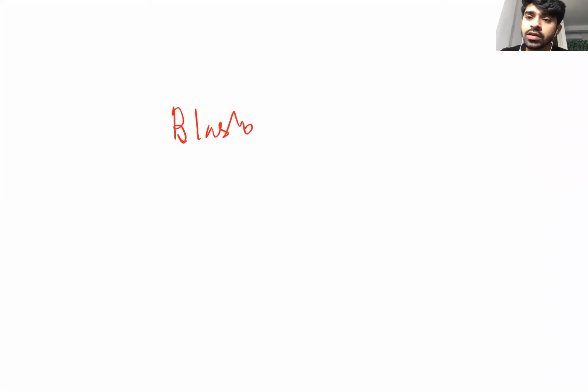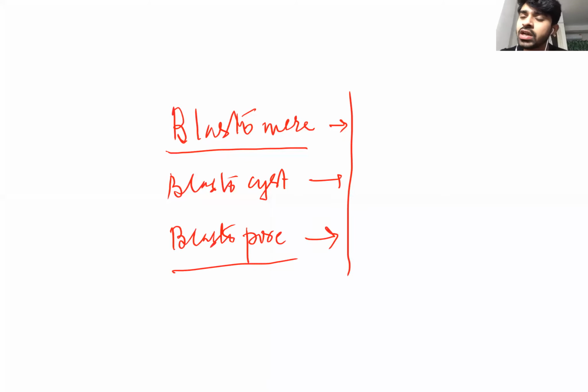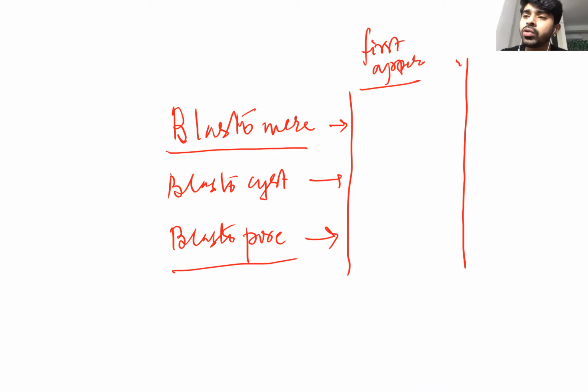Can you tell me what is the blastomere? So write down this first concept. What is blastomere? What is blastocyst? And what is blastopore? These all three are MCQ, and we'll write only the important MCQ points. Write down when the blastomere first appears. Second point is the function. We'll only mention these two, and it will help us a lot to find out the actual answer.